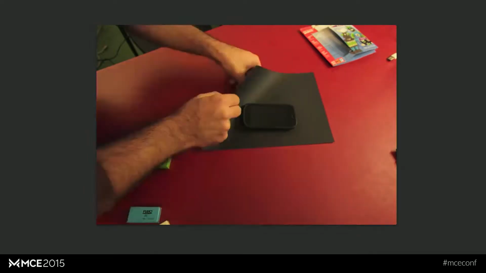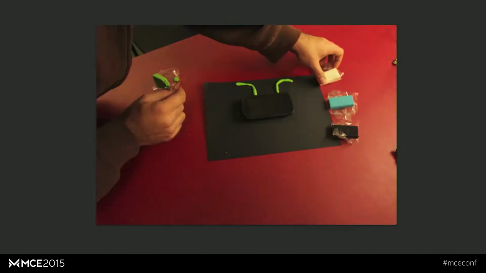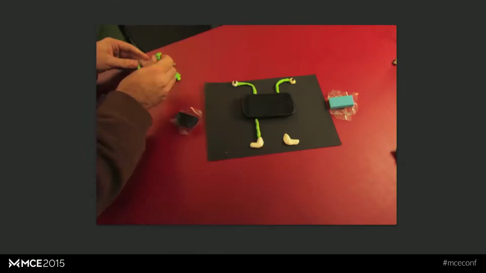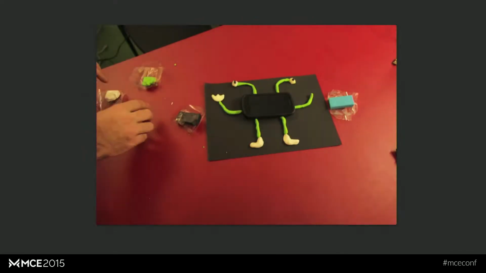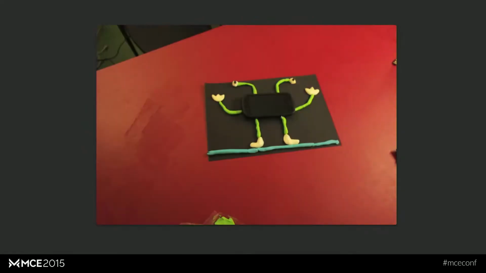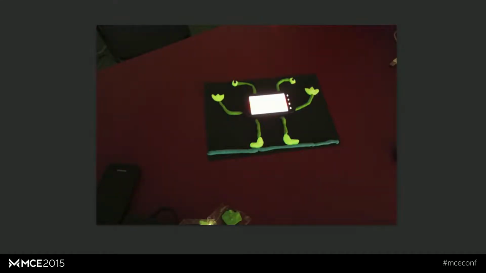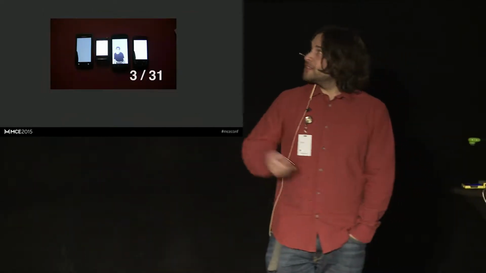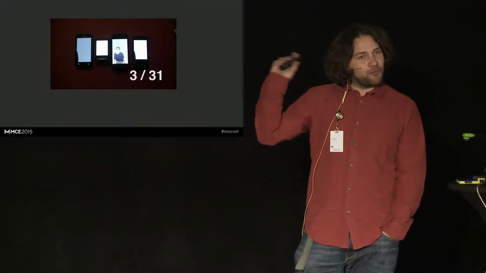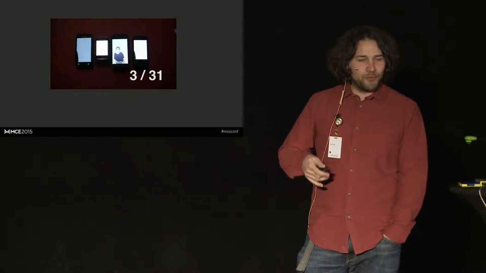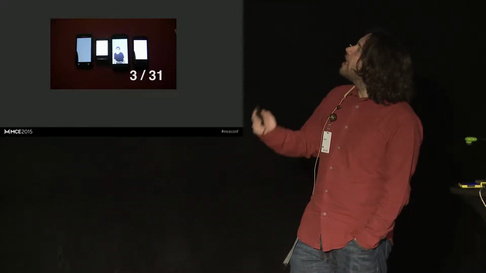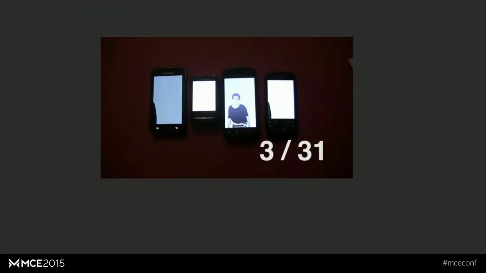Then I started to do other things. This is more of an experiment in how you can transform your phone into something else. Once again, they pay you for that. Now, yes. Not at that time. This is another one. At that time, I only had 4 phones. Now I have a few dozen to experiment with. This is a weekend project I did with a friend of mine.